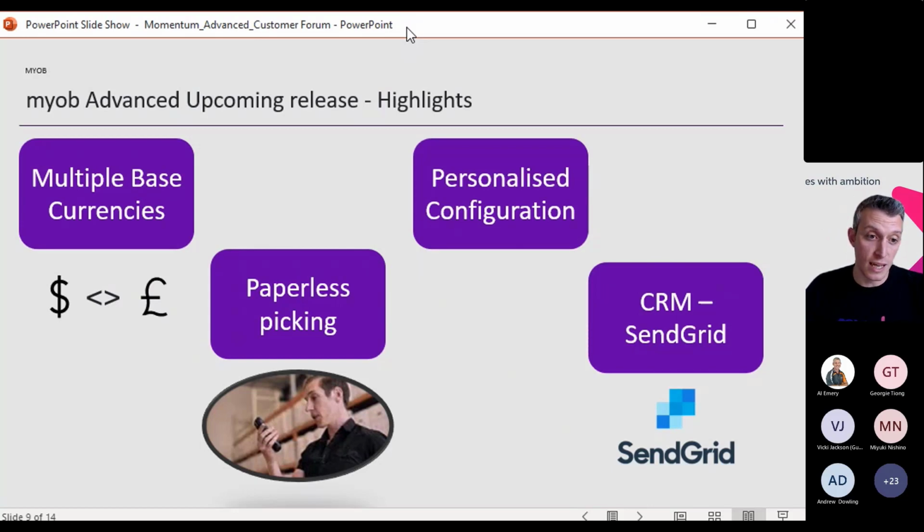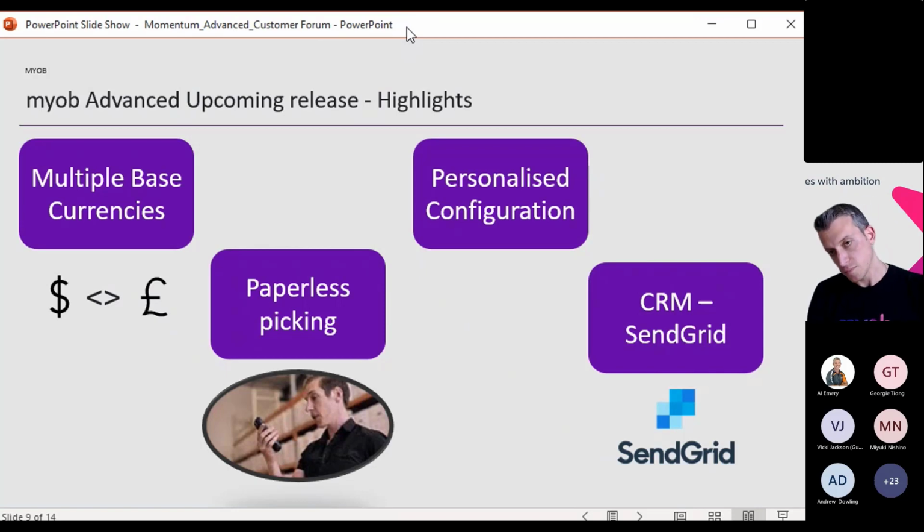I think the one for me that really stands out is multiple base currencies. So we really pride ourselves as being a business that helps businesses with ambition, and an ability for you to stay within a single environment and have multiple base currencies is actually a unique capability. So this means if you have operations in Australia and New Zealand, you can roll up reporting across multiple jurisdictions and the reports make sense. You go into the US, you can do something similar. So this is an incredible capability that allows you to have that same multi jurisdiction experience as you would in a single solution.